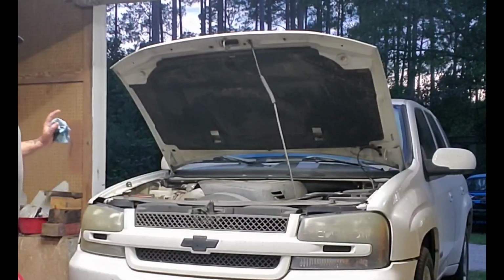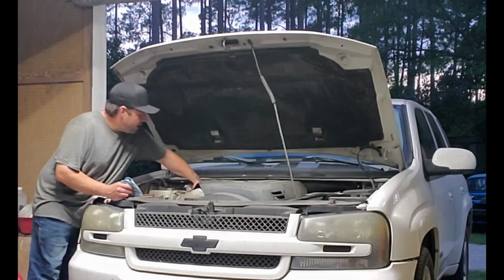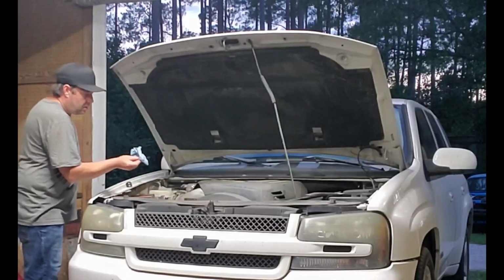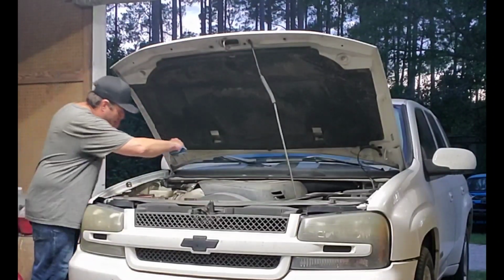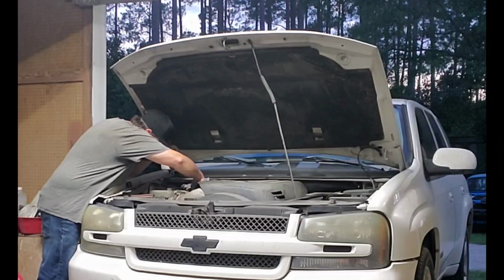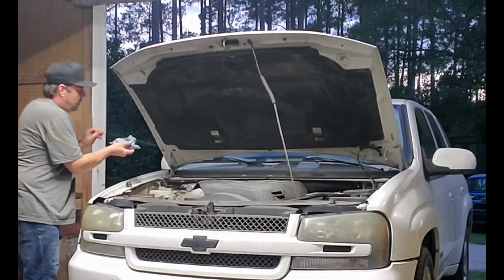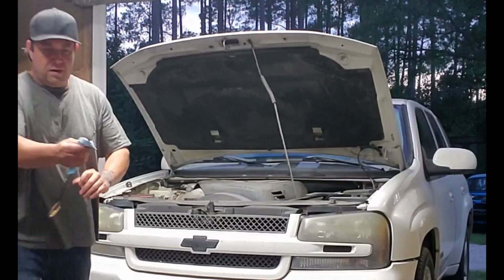Alright guys, I've let her run for a while, got her up to operating temperature, and now she's been sitting for a bit and all the oil's back down in the pan, so it's a good time to check my level and make sure everything's good to go. So I'm going to pull my dipstick out, give it a wipe, put it back in all the way, pull it back out, and then